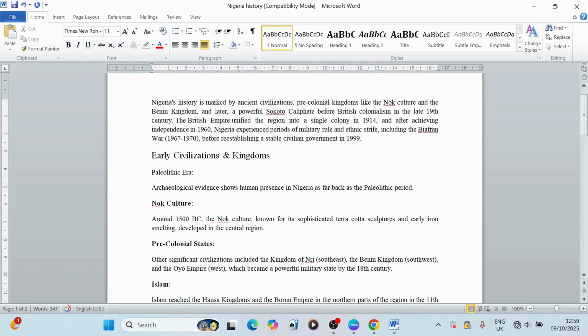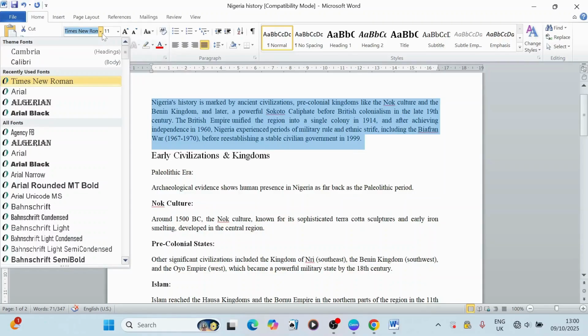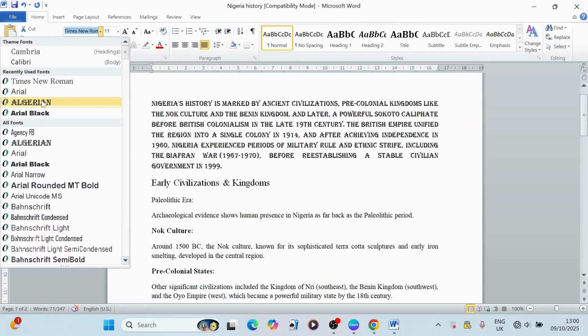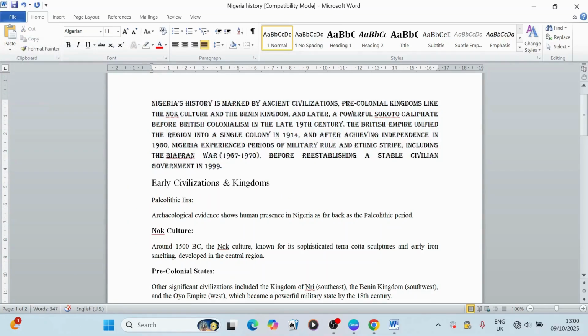Or theme. So now, if I want to change the font, I want to change the font style, face, or theme, I will highlight this way, come down here. I can change the font this way. I can use this. So this is how it works. I've successfully changed the font. Next,